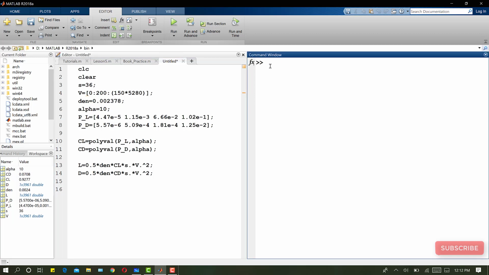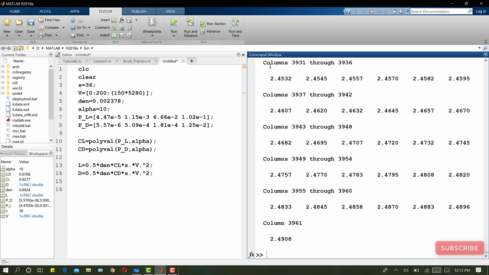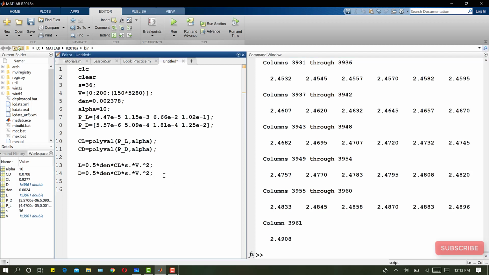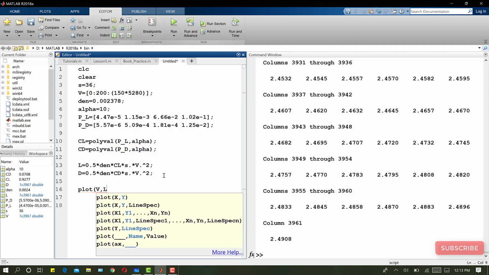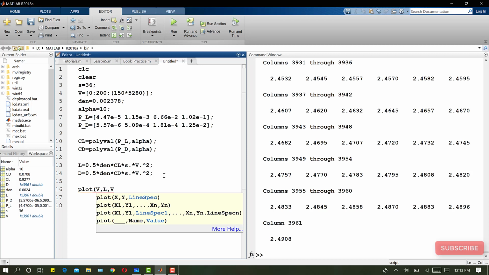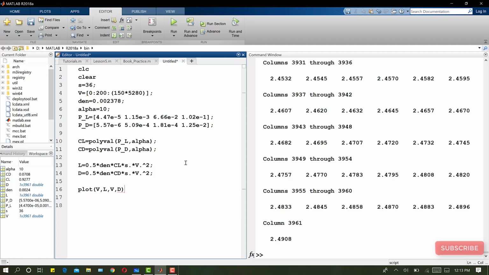now if I write L, these are all the lift force values for each corresponding V, for all the corresponding velocities, and similarly all the values for the drag forces are evaluated for each value of velocity V. So now we need to plot a graph between velocity on the x-axis and the lift force, and then velocity and the drag force. So if we run this,